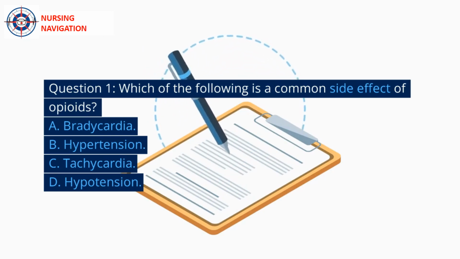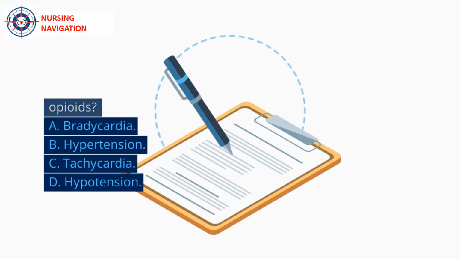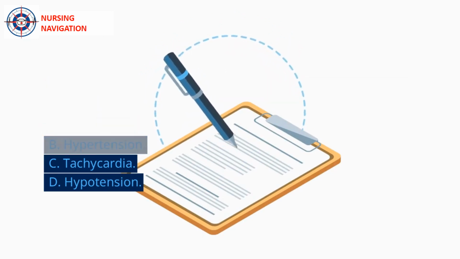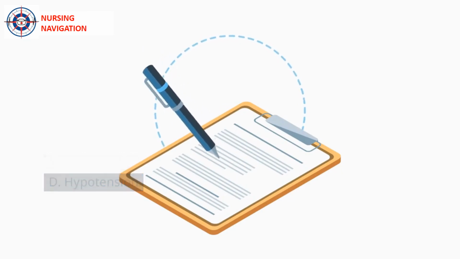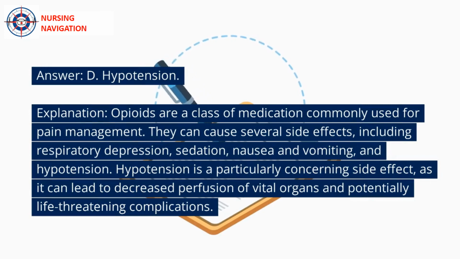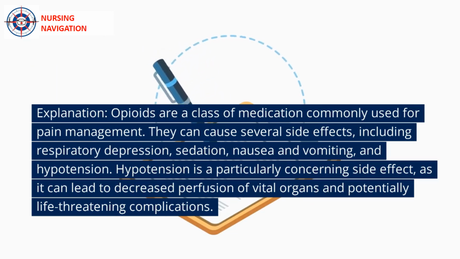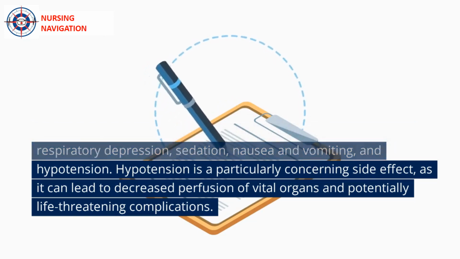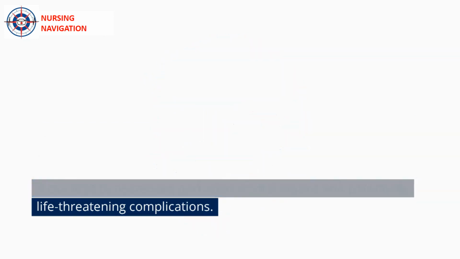Tachycardia. D. Hypotension. Answer. D. Hypotension. Explanation. Opioids are a class of medication commonly used for pain management. They can cause several side effects, including respiratory depression, sedation, nausea and vomiting, and hypotension. Hypotension is a particularly concerning side effect, as it can lead to decreased perfusion of vital organs and potentially life-threatening